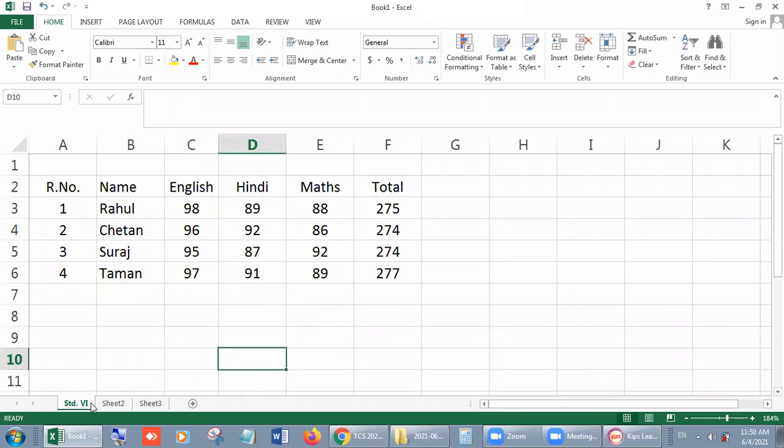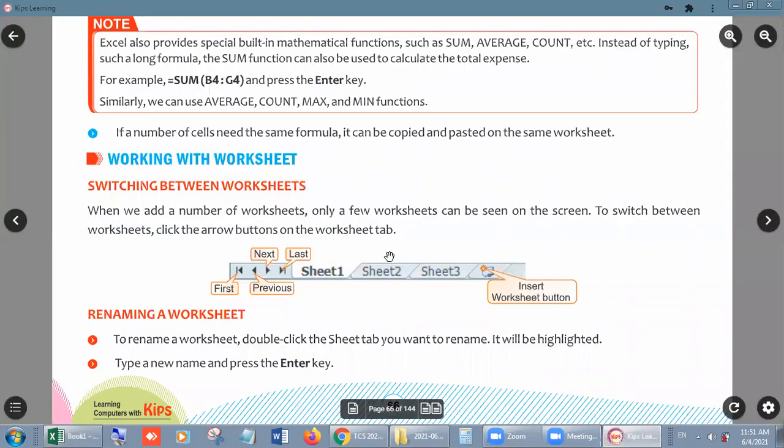In this way, you can rename your sheet. Why do we rename? Because when we have so many sheets, it is quite difficult to learn in which sheet we have which value or which kind of data. So we have to give it a name, right? There is already a name, Sheet1, Sheet2, Sheet3, so it is renamed. We gave the name again, right students? And after that rename,